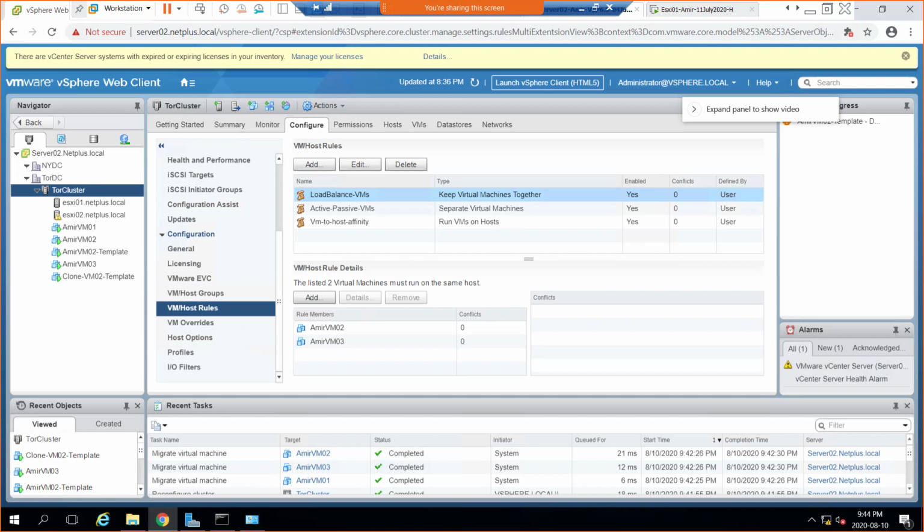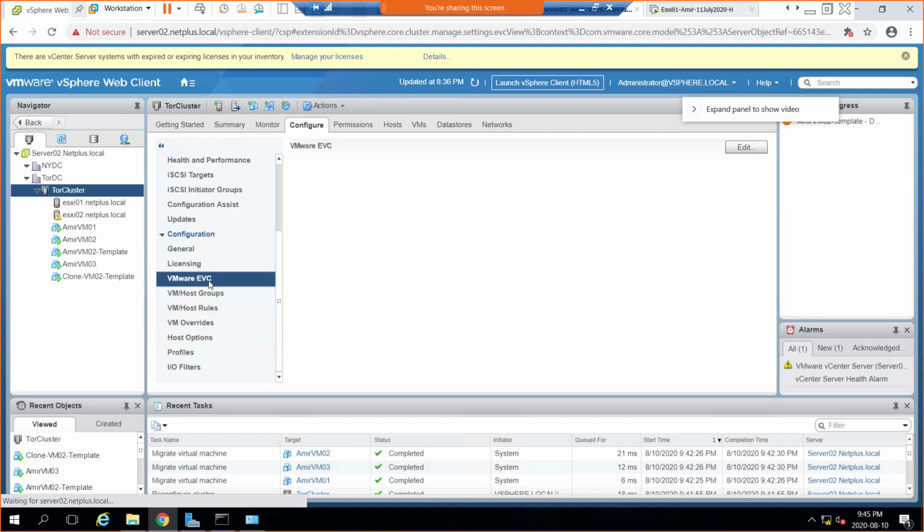Okay. So there's one more thing here. So that's the rules, right? So we understand how to configure them, and that's how they're supposed to work. There's another thing right above that groups, which is EVC, Enhanced vMotion Compatibility. So hopefully we've all taken the screenshot. This is a very small one. So Enhanced vMotion Compatibility, EVC, what is that? So hopefully everyone's there. So if you click that, VMware EVC, right? Enhanced vMotion Compatibility. The purpose of EVC is,